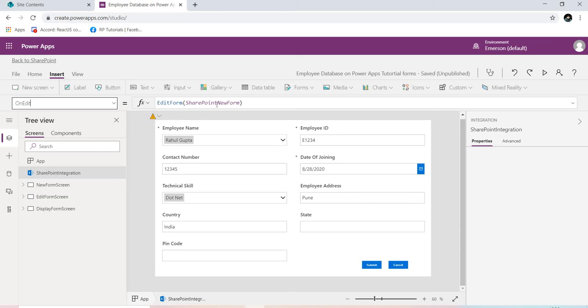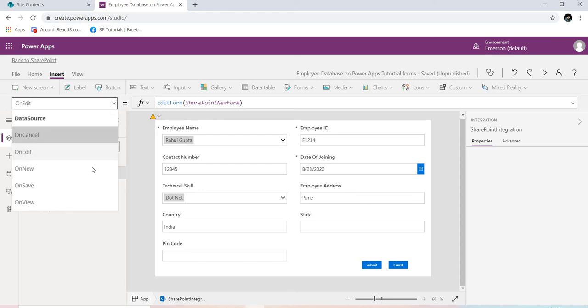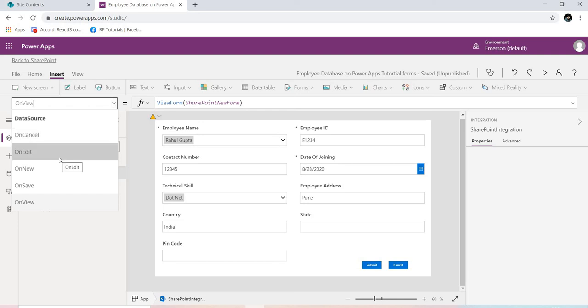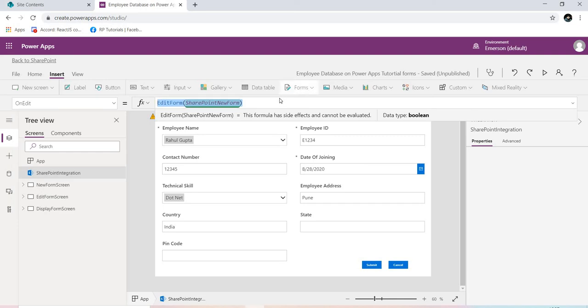So we'll change this thing. Also, if I go for view, again here we have the new form. Instead of this, we want the view form, not the new. So we'll go one by one. First we'll go for edit. Okay, right.